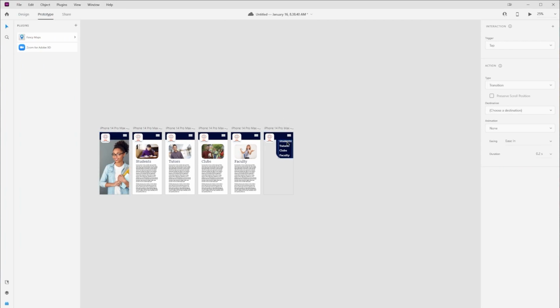So again, I can click on where it says students here, and notice it's trying to click on everything. So you might need to double click on that. Okay, so double click, drag it over, and it's still on overlay. We don't want this to overlay over the top of our menu, so we want this to go to transition, okay? So that way it automatically transitions in that.